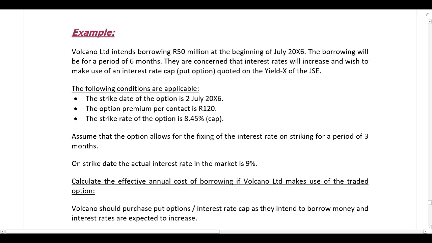Volcano Limited intends borrowing 50 million rand at the beginning of July 20x6. The borrowing will be for a period of 6 months, so it's going to be paid at the end of December 20x6. They are concerned that interest rates will increase and they wish to make use of an interest rate cap or